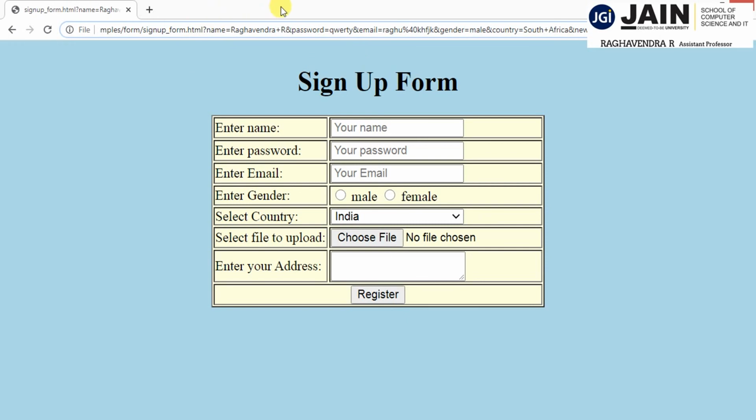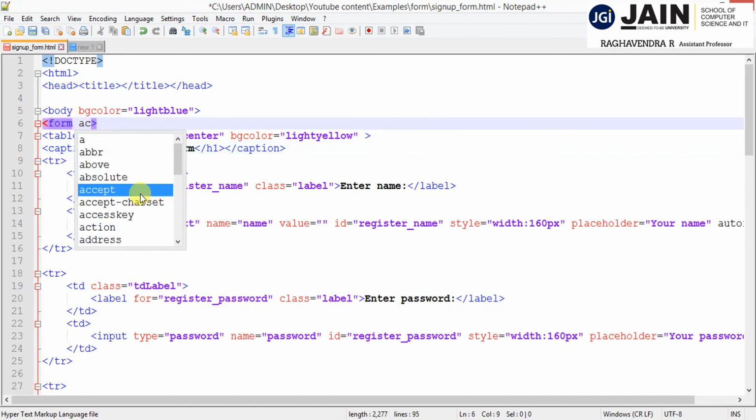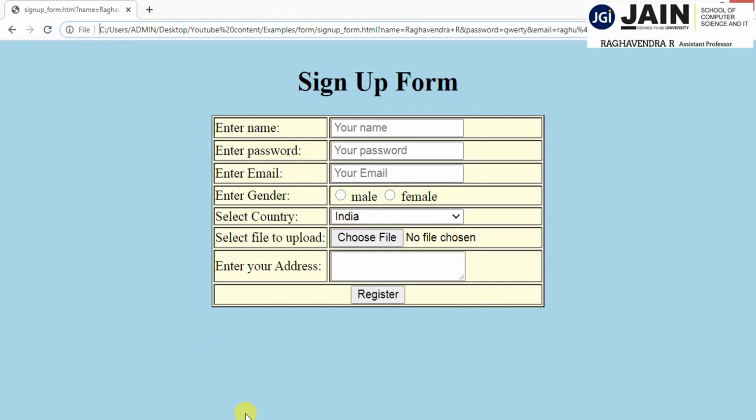So the browser displays it in the URL. If you are not submitting to any database or other web pages, it will submit here only. That's why in the form we have an attribute called action, where exactly I have to submit this information. So that respective path you have to mention, either my local database path or wherever exactly it has to be submitted. That information I have to place in the form action attribute. Otherwise, if you don't put anything, it will just submit to the browser, and I'll get the information like this. I hope you understand.